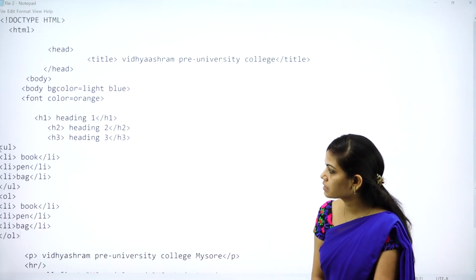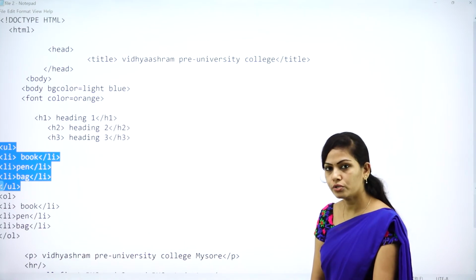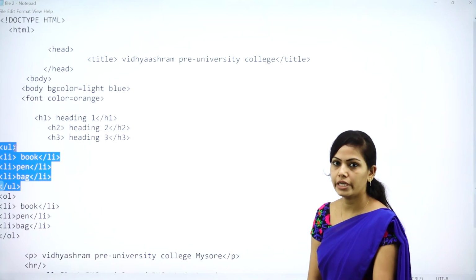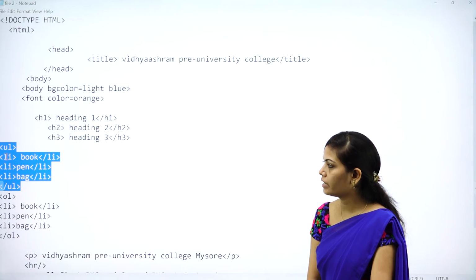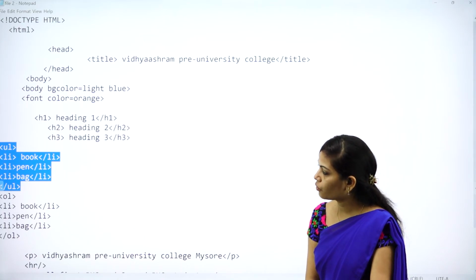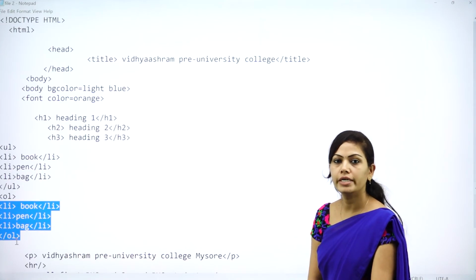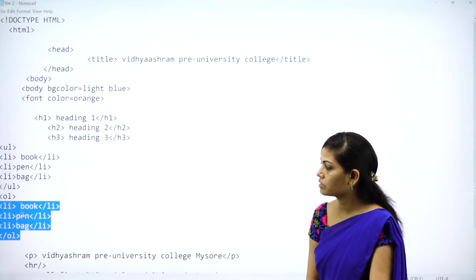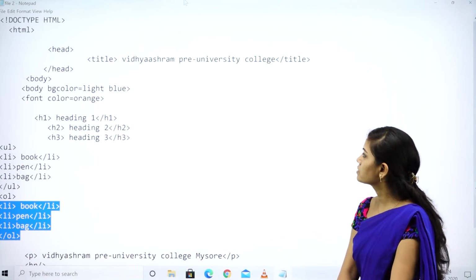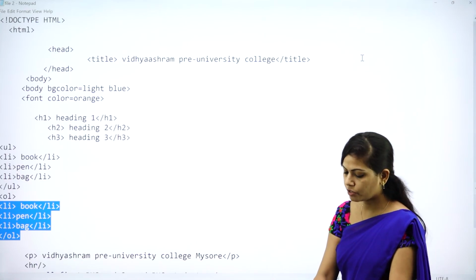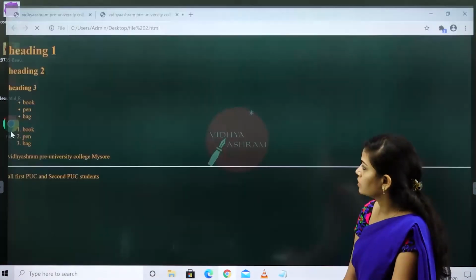After adding this unordered list and ordered list, if you want to add only an unordered list, you can add only this, or else if you want to add only an ordered list, you can add this ordered list inside the list tags. You can list out the items. So after that, you save the document. After that, you save your file again and go to your browser.